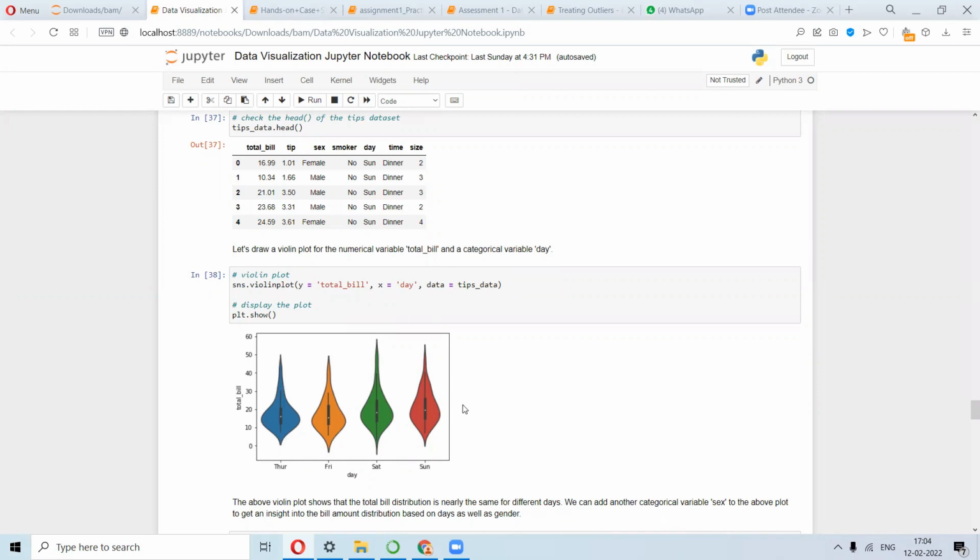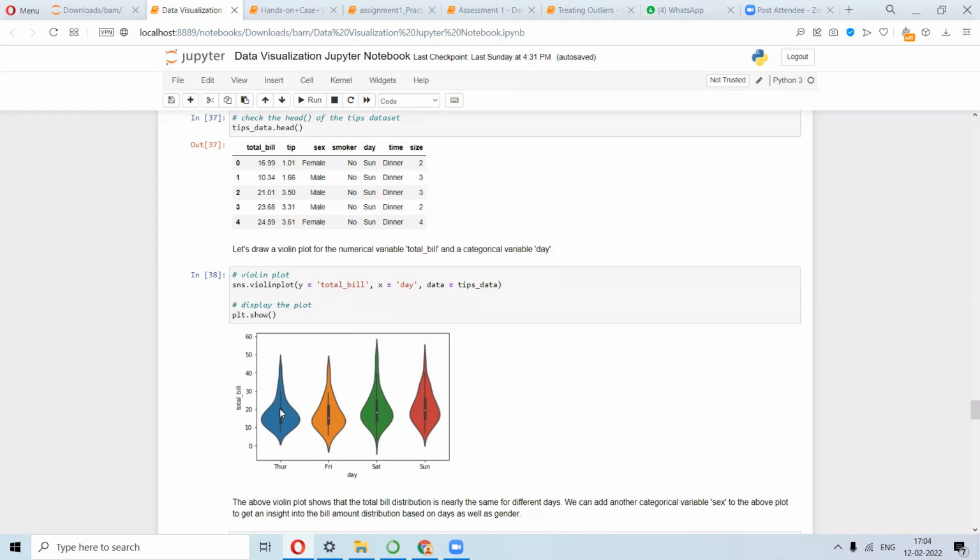Now you can see the total bill, and this is the bill amount. For Thursdays, you see that this is more positively skewed, no? See, the concentration is on the left hand side, and less as you move along toward the higher tip.